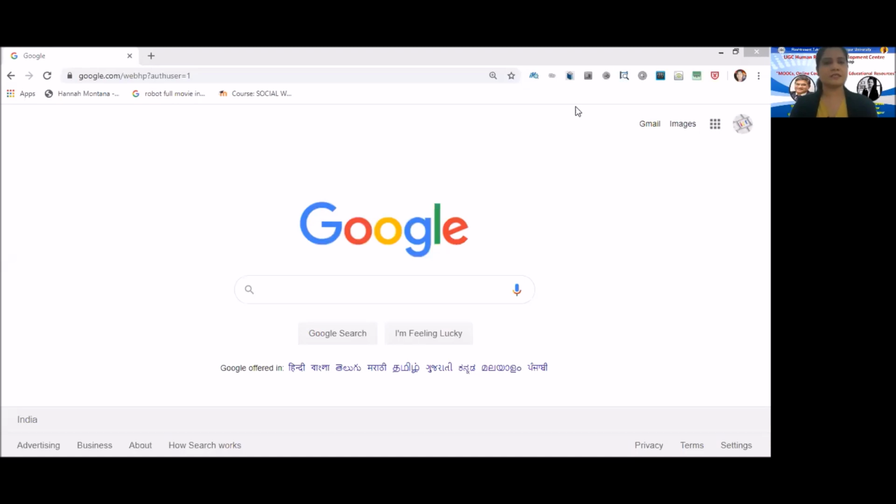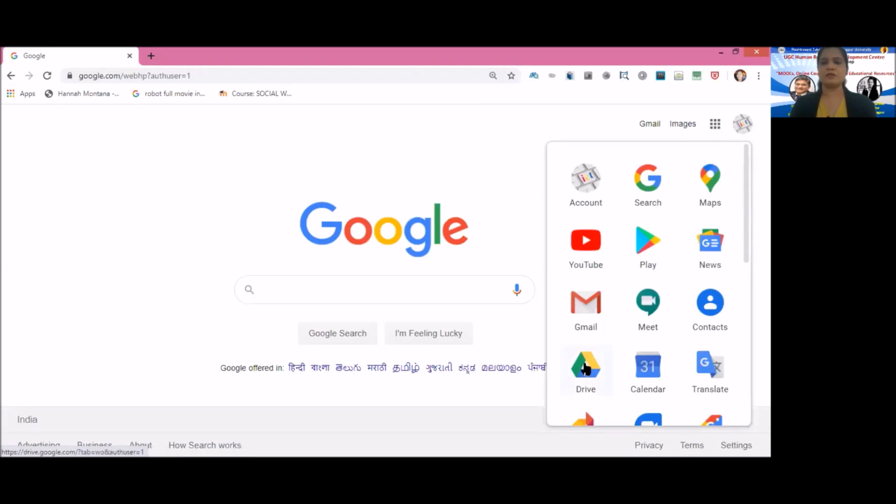So friends, let's start with the creation of our first Google Document. There are different ways by which you can enter a Google Document, but we can study a simplified way. The first step is to log into your Gmail account. After logging in, the second step is to click on Google Apps.